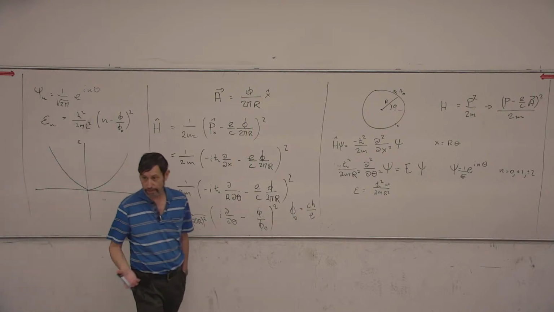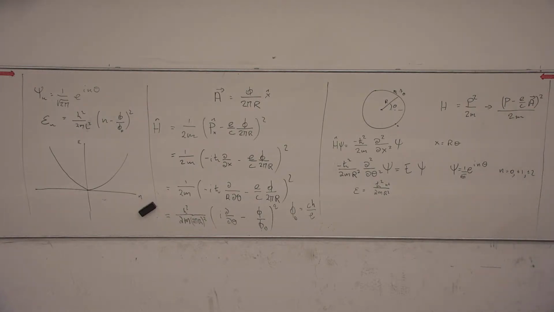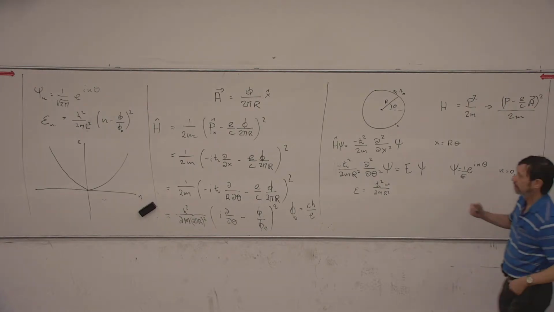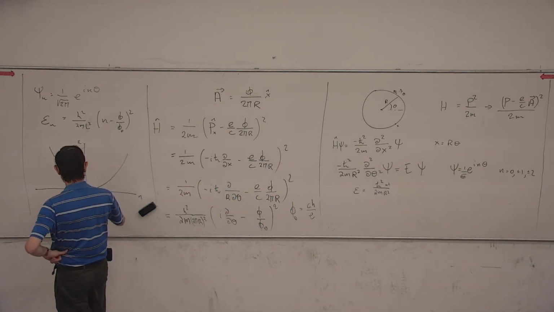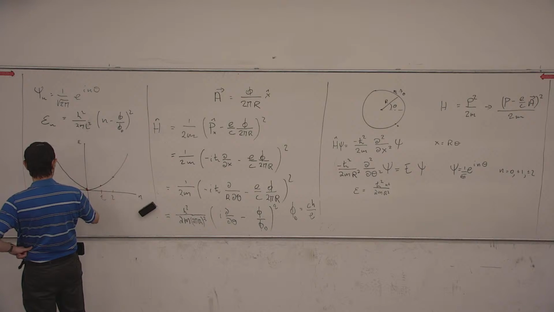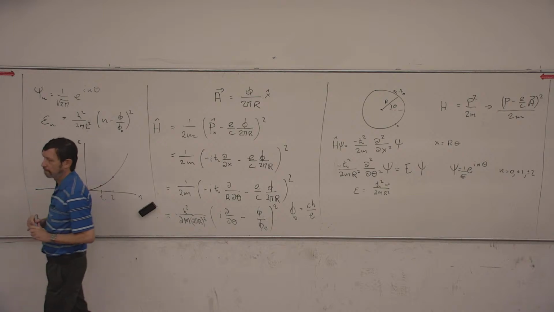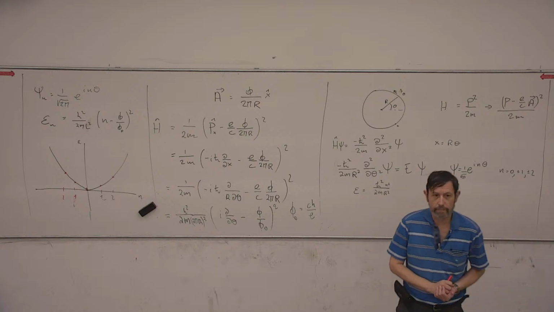So it's a parabola, and for the case that phi is equal to 0,